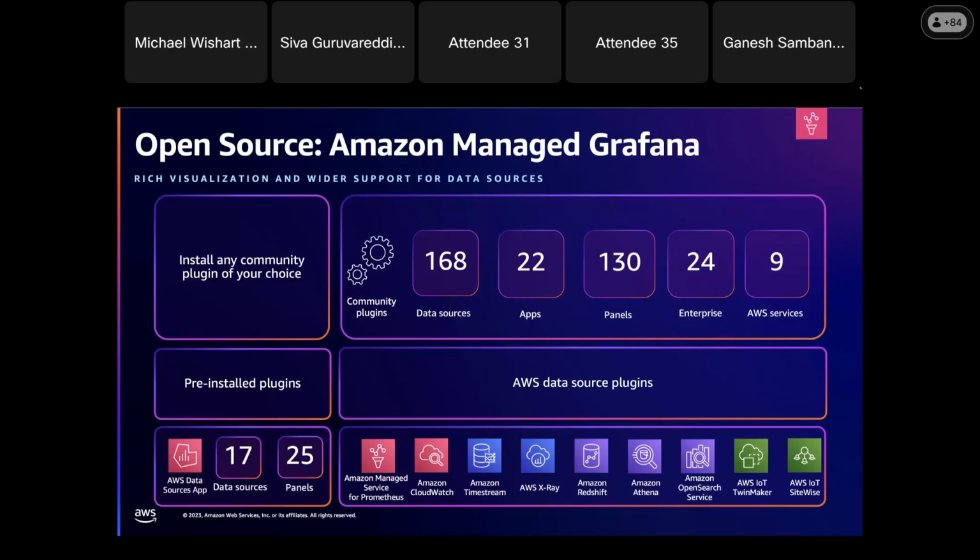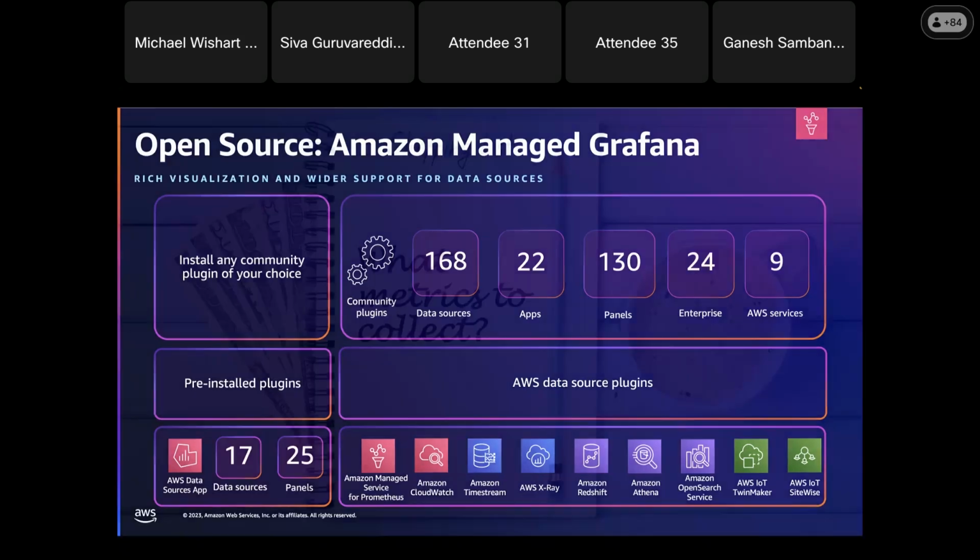For example, you can connect Prometheus, CloudWatch, X-Ray, and it even has extensions for third-party tools as well. So you can visualize both your AWS monitoring and third-party monitoring tools in a single platform. Most of the data sources are available, and it has wide dashboard plugins available to design based on your requirements.